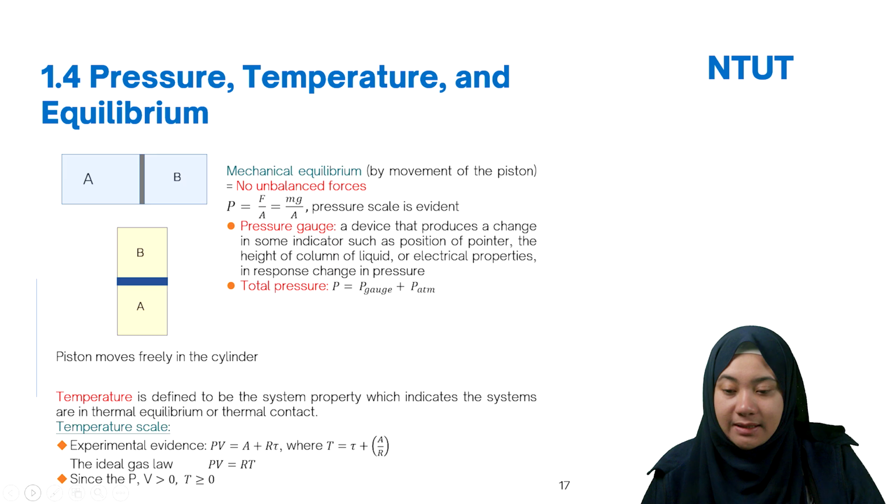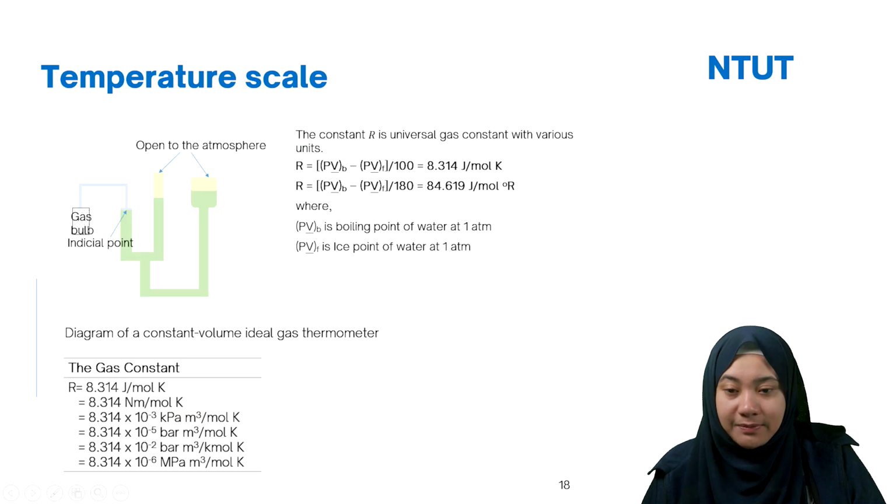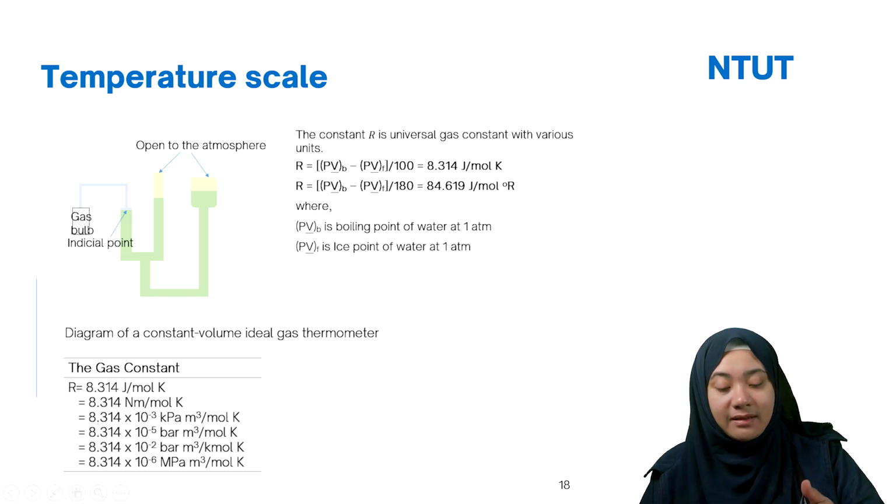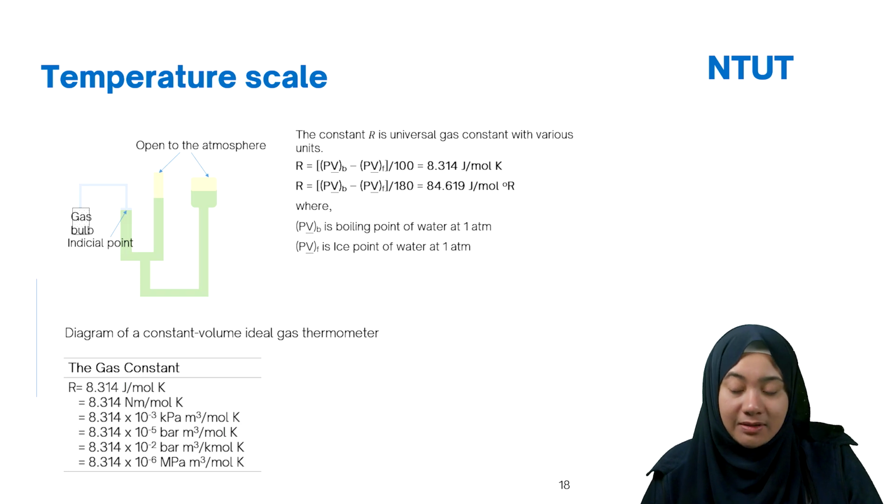So in this case, how about the temperature scale? The temperature scale, this is the old or traditional way. You can use an open atmosphere, and then they will have the gas bulb in here. This is in the blue points, like the arrow here. These are identical points. So we can calculate the gas constant based on this. The gas constant is necessary to calculate, like if you use the ideal gas law, you have the R, and in some cases we also need the gas constant to calculate.